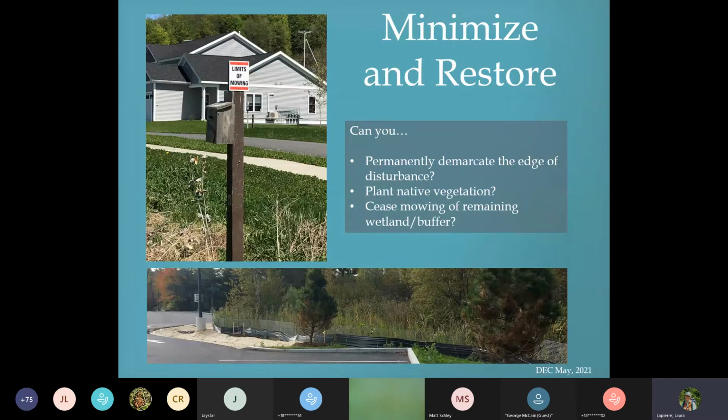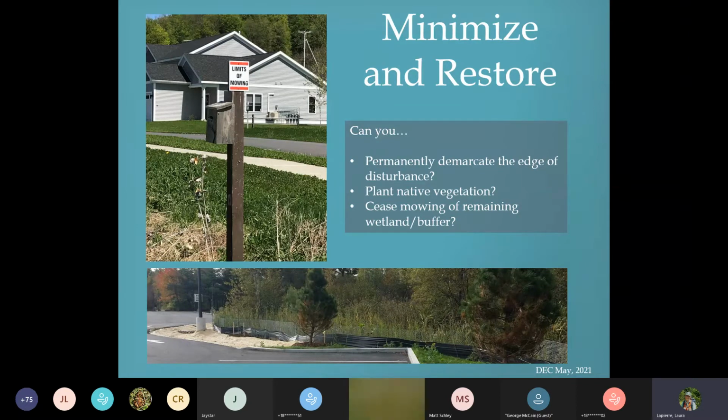Now, if you do end up in a situation where you are impacting a wetland, we're looking for as much minimization and even restoration of impacts as much as possible. Can you permanently demarcate the edge of the disturbance?